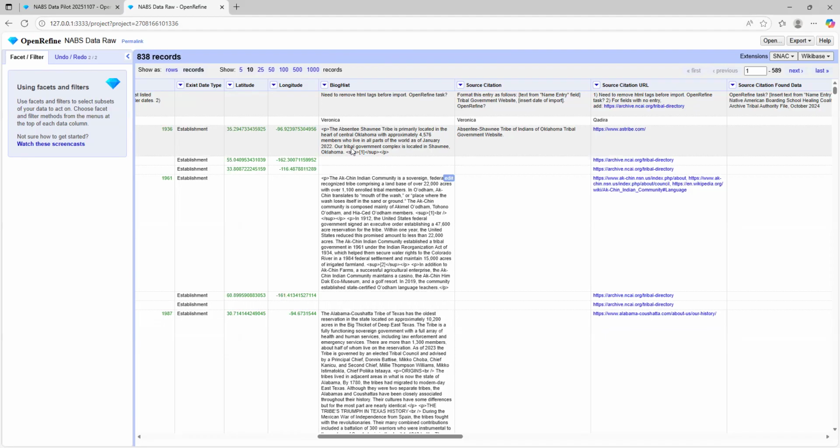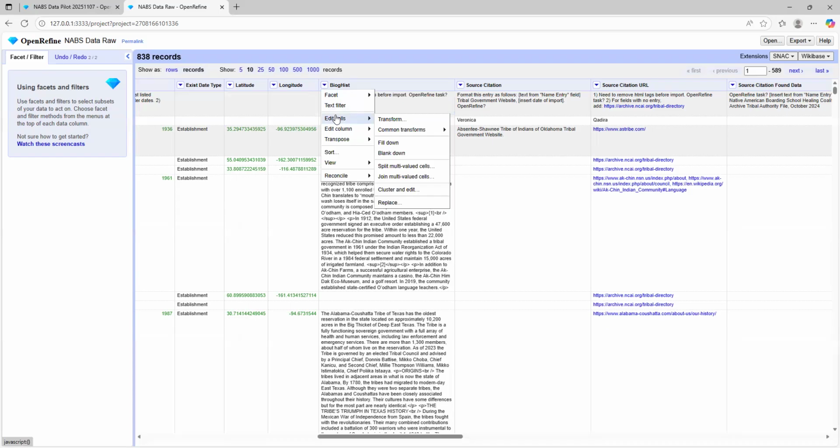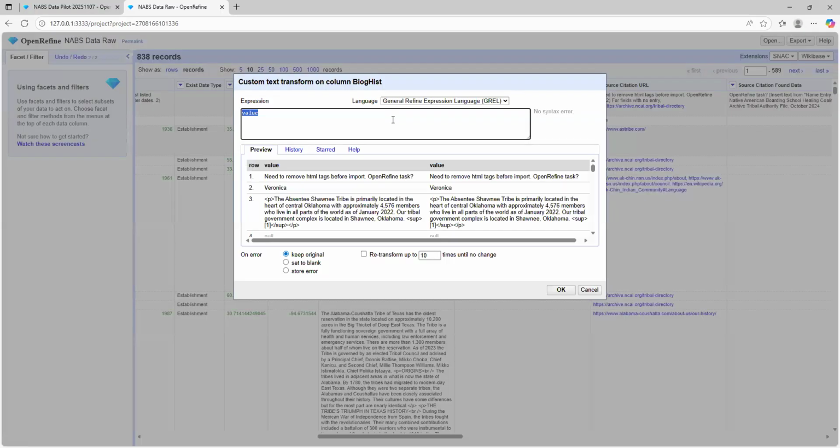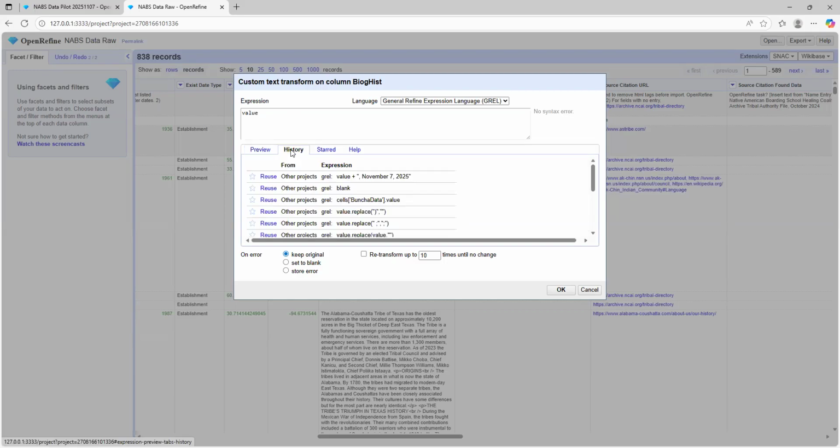So the first task here introduces a GREL command that will become second nature, because it's one of the most useful. So you go to edit cells in the drop down, and instead of selecting a transformation from the menu, you select transform, and you have a setup here. It's a pretty busy little panel with a lot going on. So these columns will become your before and after, so you can preview what's happening to your data. And then if you find a command useful and want to repeat it, this history tab is where it will be stored. And you can see